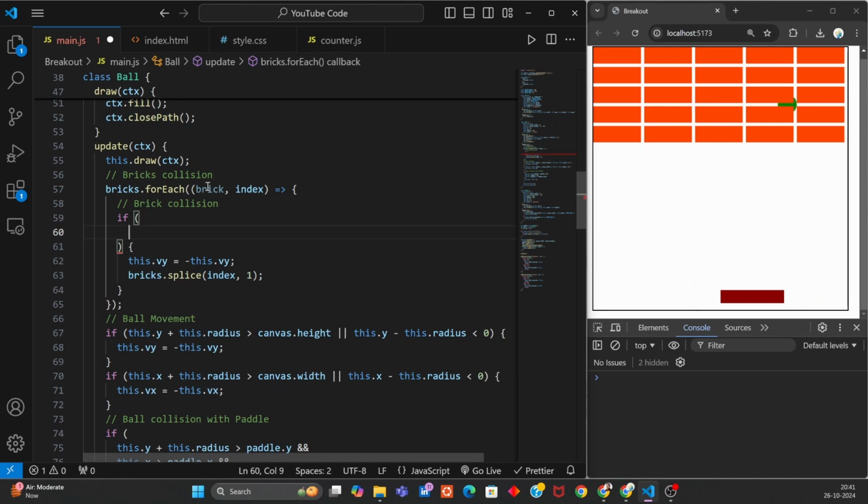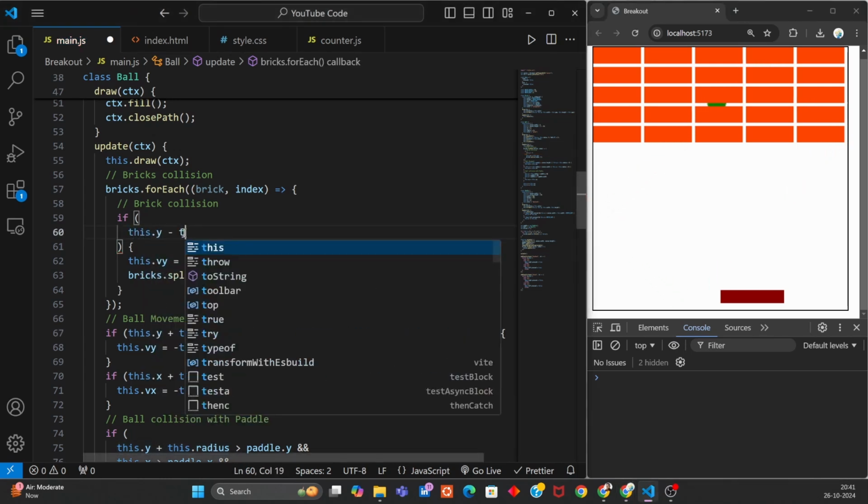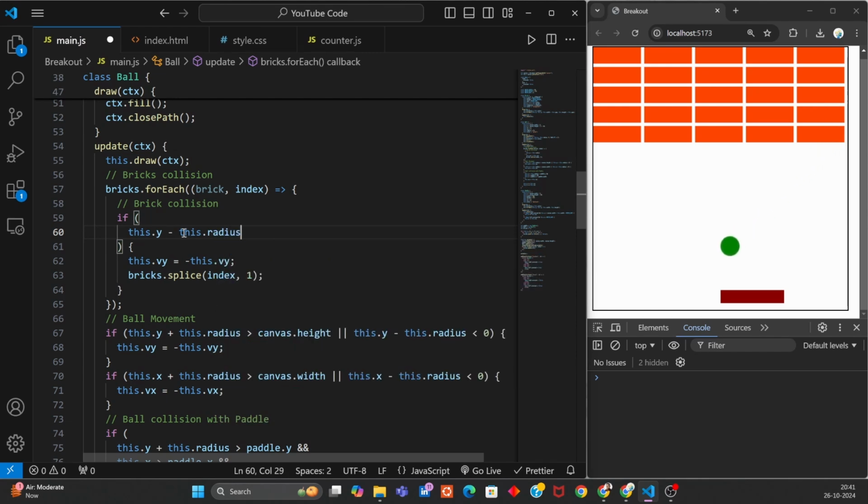So first of all, again, we have to find out the y position of the ball, and we have to find out where is the y position of the brick and also the x position. Now for the paddle, we need this.y plus this.radius, and that is because the paddle is down from the ball. So like from the center, the down is positive. Now in this case, we have to do this.y minus this.radius because bricks are generally